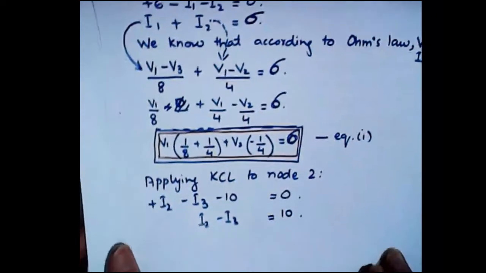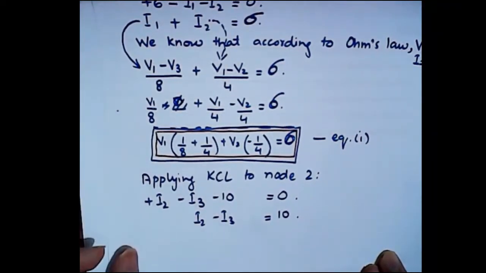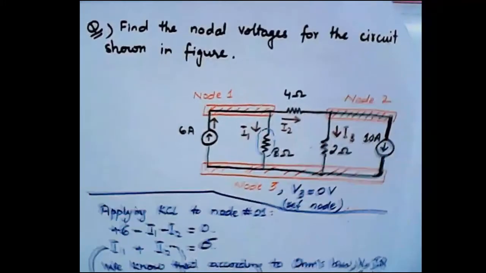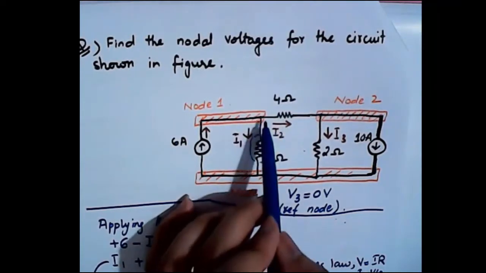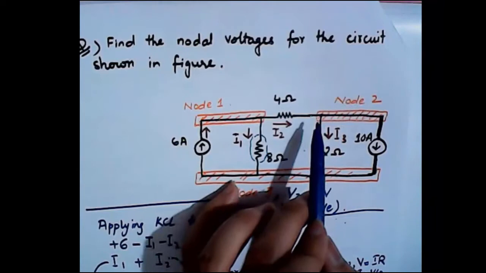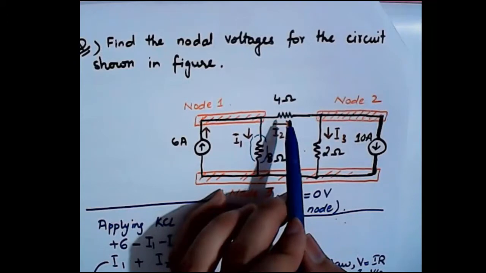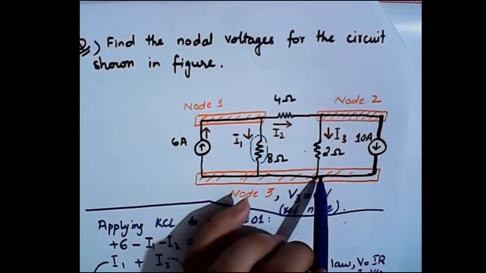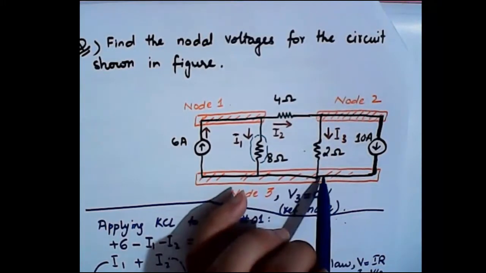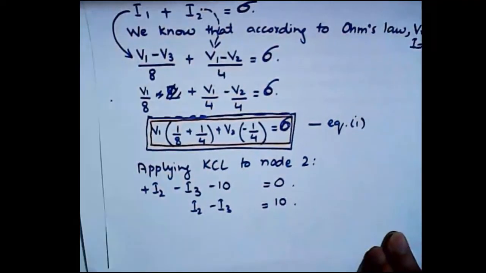So please correct it. Now what we need to do is we need to represent I2 in terms of the voltages and I3 also. Now always remember this thing, I2 will still have the same direction. It is still leaving node 1 and it is still approaching node 2. So this will be taken as V1 minus V2 divided by 4. Similarly, I3 is leaving node 2 and approaching node 3. That means V2 minus V3 upon 2, right?